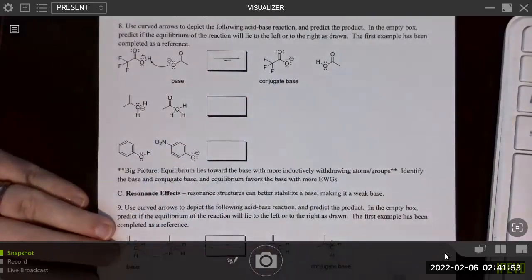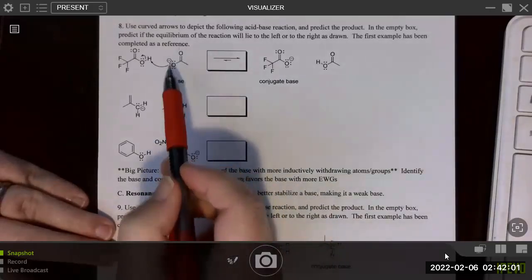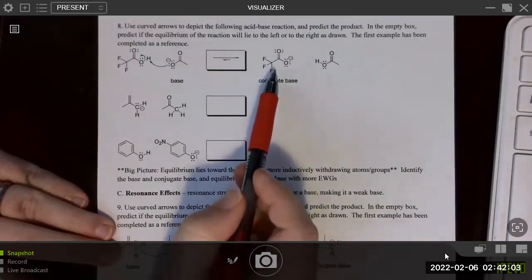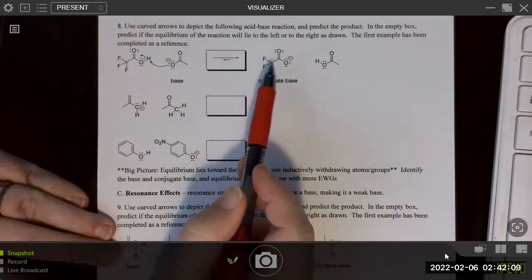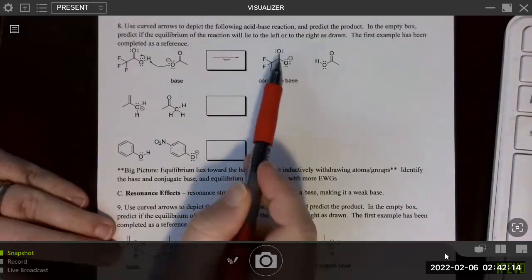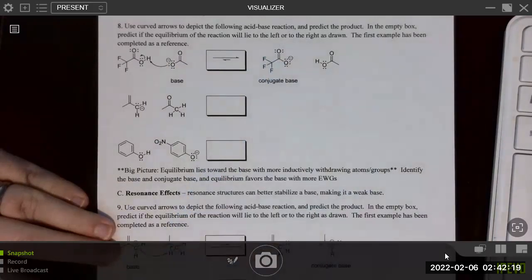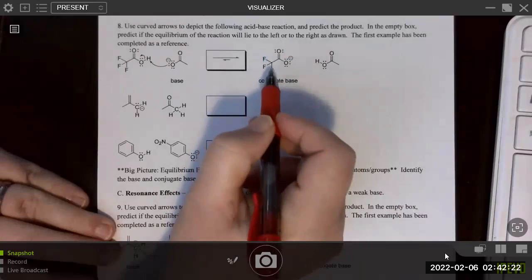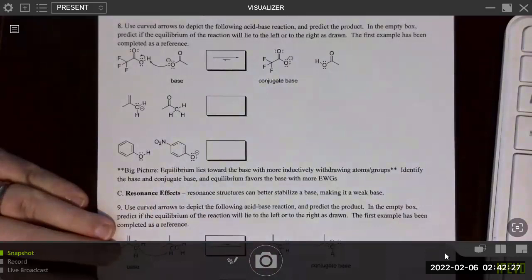Right? So what do we notice is different about the base and the conjugate base? Well, they look very similar in that they're both the conjugate base of a carboxylic acid. The difference is that this one has 3 fluorine groups that are electronegative, and they're helping to stabilize by withdrawing electron density through induction this negative charge that's shared between these 2 oxygens via resonance. So if this one is more stable because of the electron withdrawing groups, we predict the position of equilibrium will favor the more stable base or the weaker base.